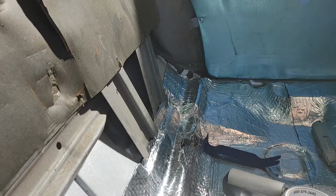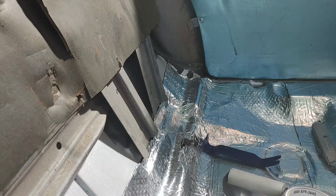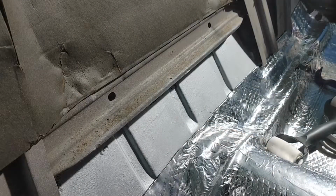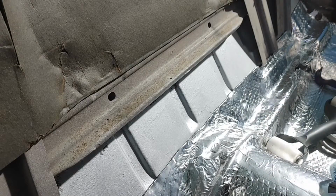Tape the seams, and then as soon as the seat belts get here, it's game on, because the wife won't let me have the boys in here until there's seat belts. So till next time, I did want to show you, if you're planning to put seat belts in your Pontiac and the